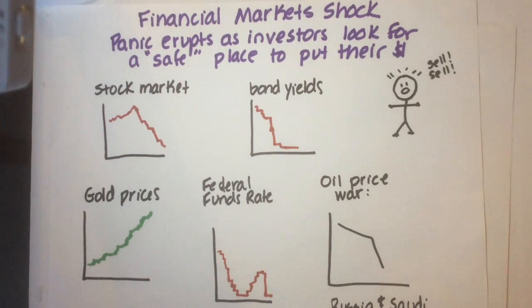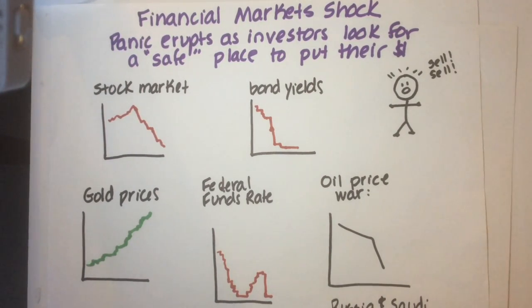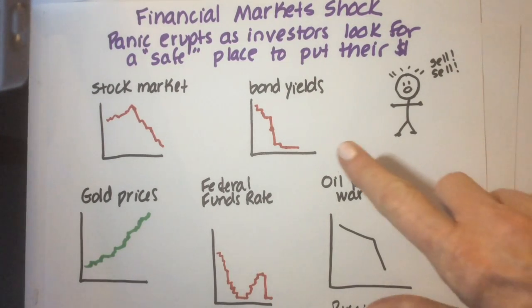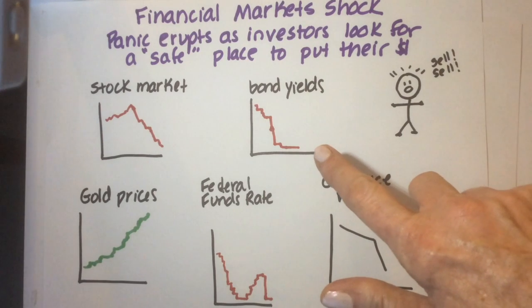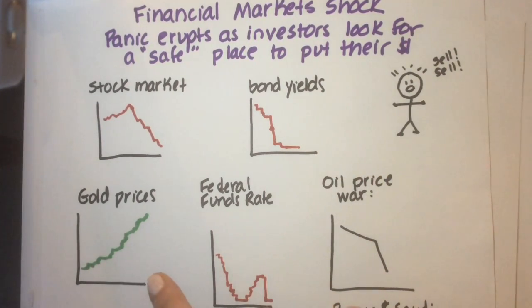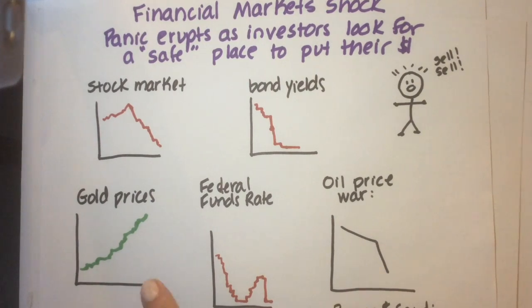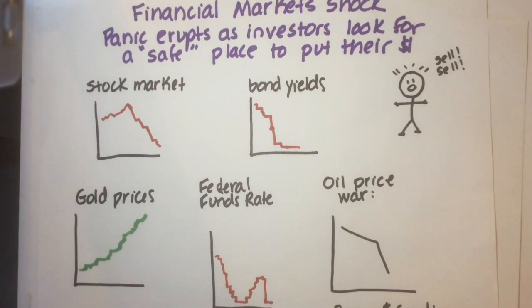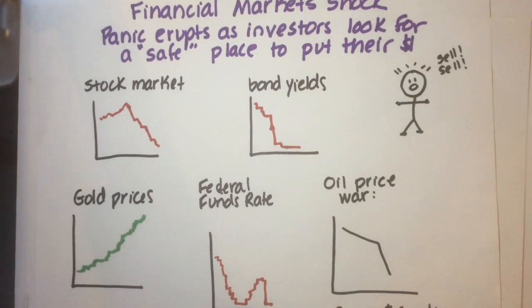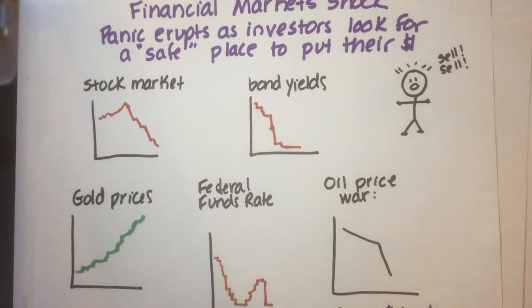And so because of that, there's a lot of demand for bonds. Bond prices are going up, but bond yields, or what you're really earning off of a bond, is going down. On the other hand, this also makes sense. People who are worried about the future tend to want to buy gold, and we see gold hitting the highest prices that it has, in record highs.